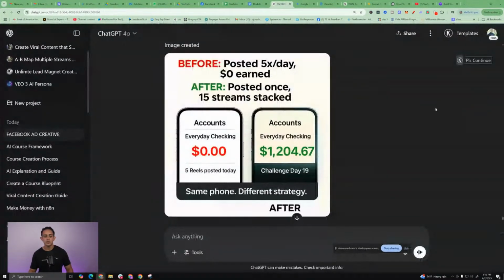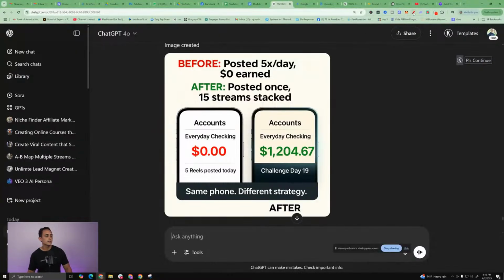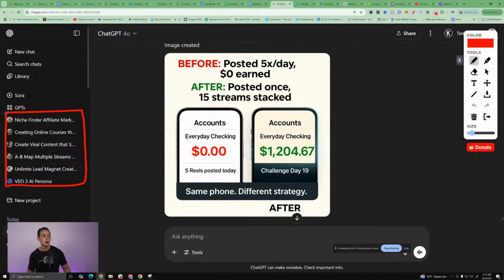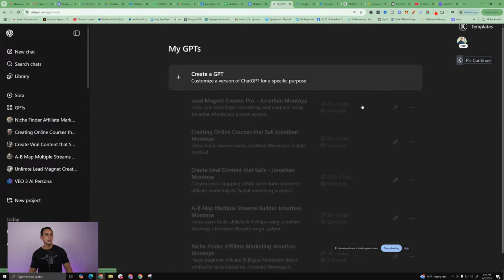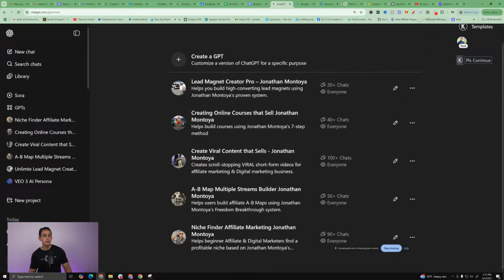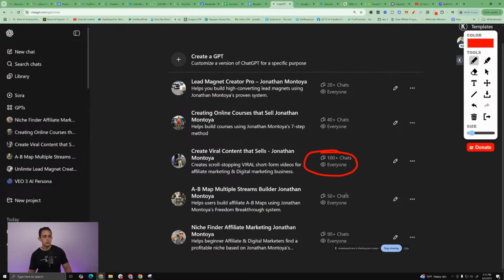Again, later on, we're going to show you custom GPTs. This is what I'm pretty excited about, showing you how you can create these custom GPTs to not only help your clients or the people that you're working with, but it'll also work as lead gen as well. Something I'm pretty pumped to show you. I'll give you a quick teaser here. If I go to my GPTs, you can see some of these have hundreds of people using them, and it all leads back to my programs and the things that I'm selling. So very, very powerful.